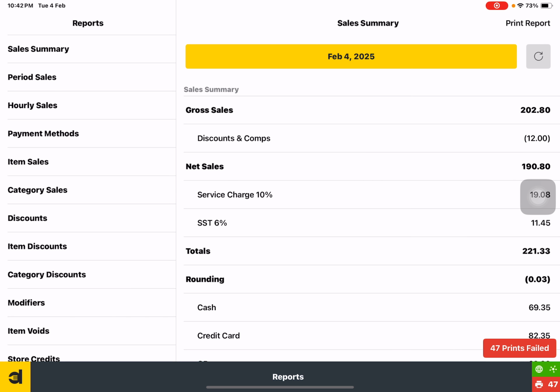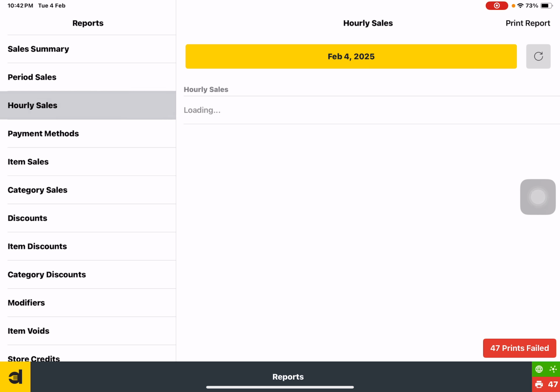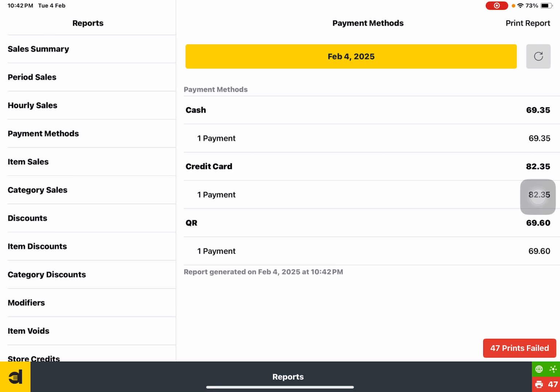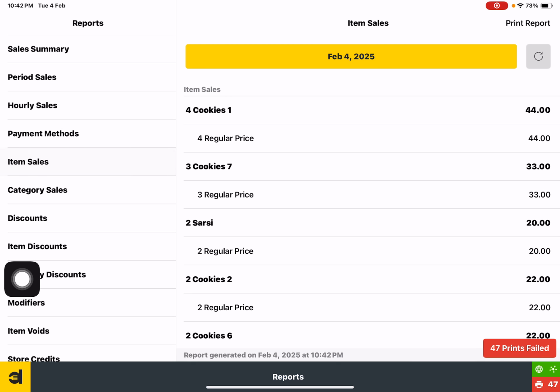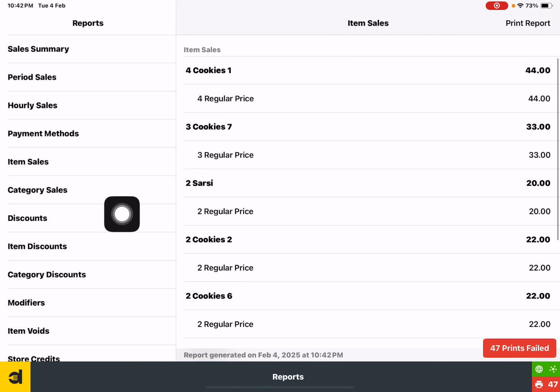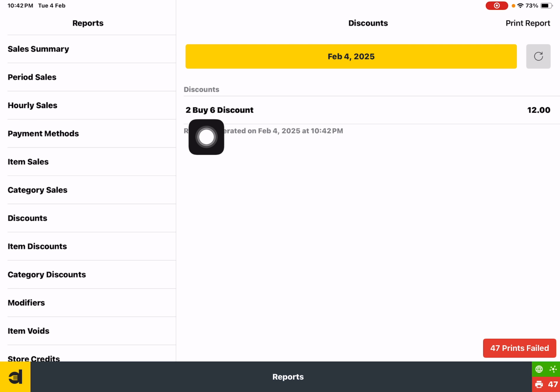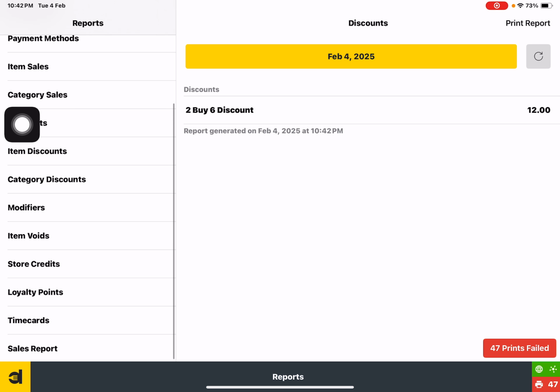And for the reporting, we have the basic report here in the iPad application. Of course, you can look at the sales summary, you can filter the date range. Of course, you can go by hour, you can go by payment method, how many cash, how many credit card, item sales. All right, you can have item sales just now. This is the order just now. Of course, if you look at the discount, I have 2 number of buy 6 discount, right? And you can check whether you have any